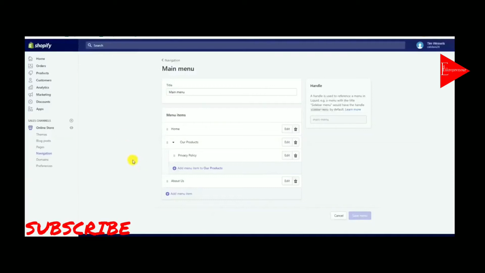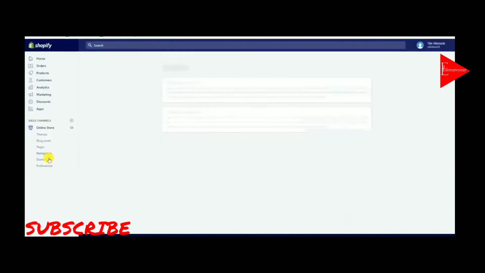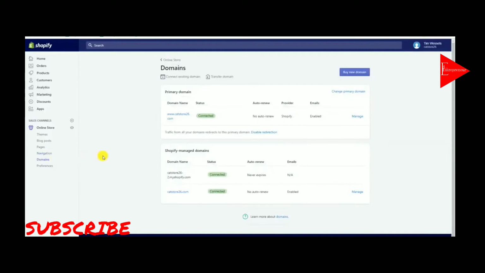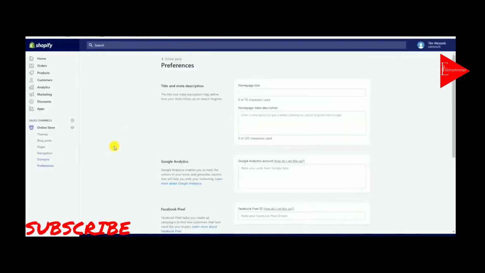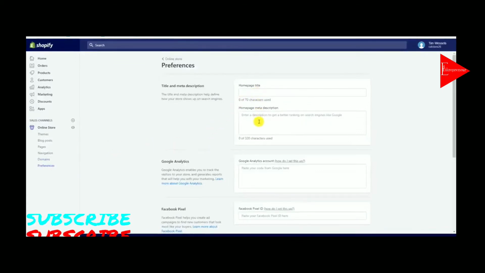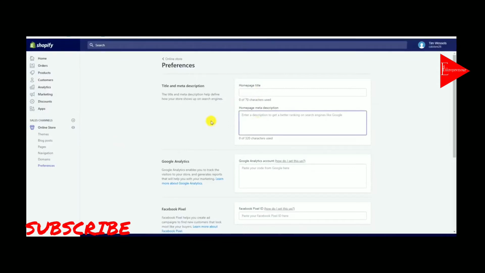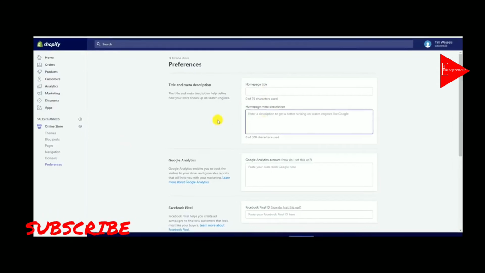And the next thing would be domains, but I already showed you how to add a domain. So we can go into preferences. Here you can also edit your title and meta description. Like I said, that's SEO. Basically, you describe to Google what your store is about and who you are, so Google knows how to list